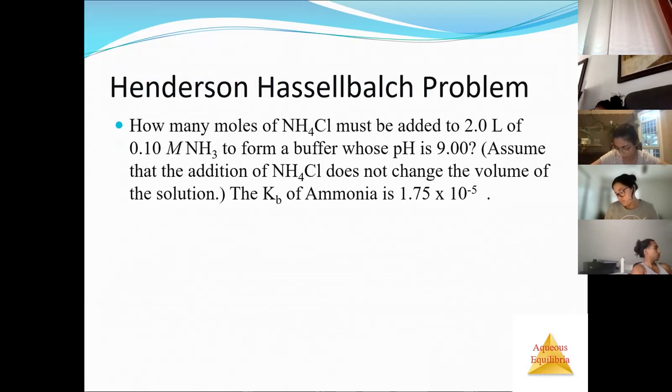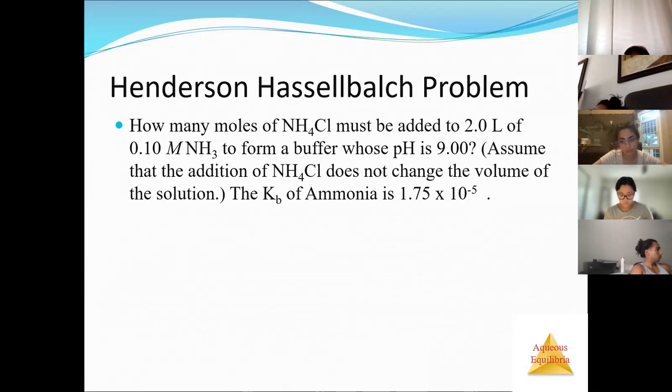My Kb of ammonia is 1.75 times 10 to the minus fifth. I need to know the moles of NH4Cl that must be added to 2 liters. I've got to plug the values in